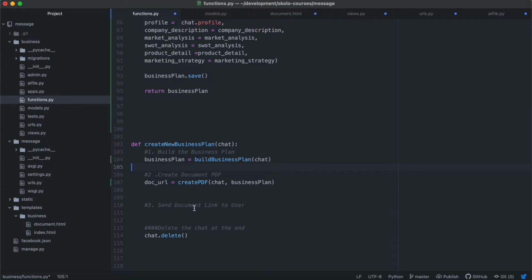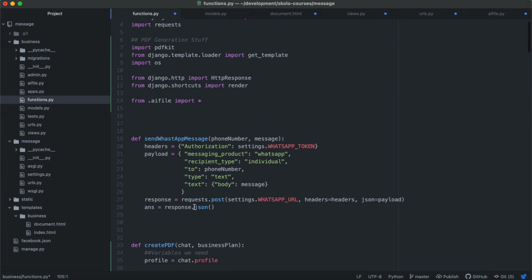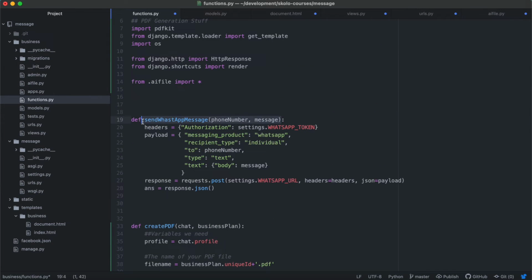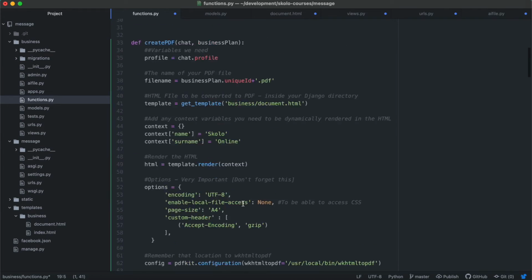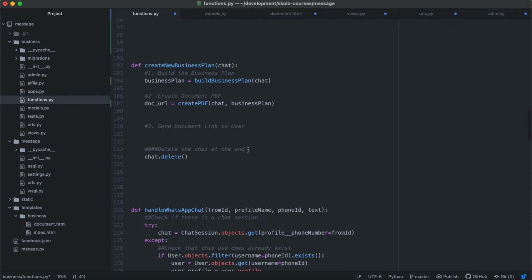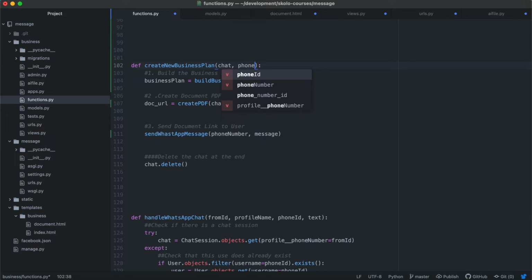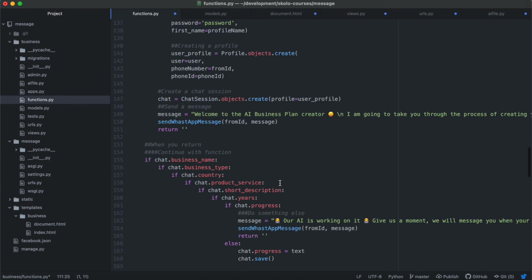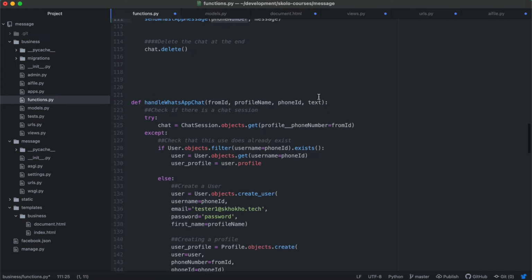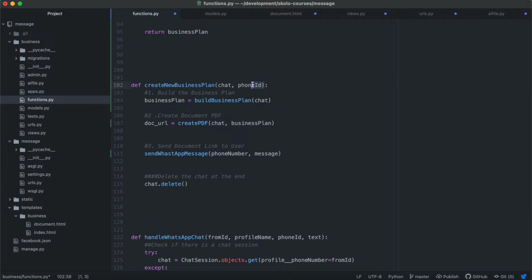This is simple. Send WhatsApp message. Where is our WhatsApp message? There it is. Send WhatsApp message. Phone number, message, right? So we just sort of send WhatsApp message, chat.delete, and that's it. So send WhatsApp message, the phone number, we're gonna need that. Is it the phone ID? Which is this phone ID here. So let's see how we normally send the WhatsApp message. Yeah, it's from ID. Okay, so we need not the phone ID, the from ID,